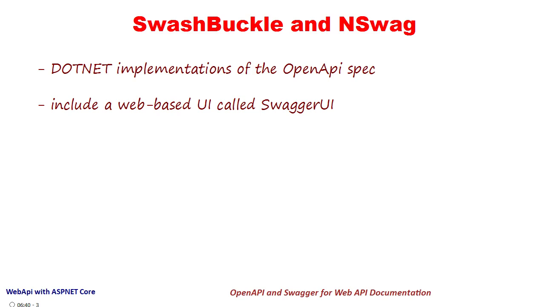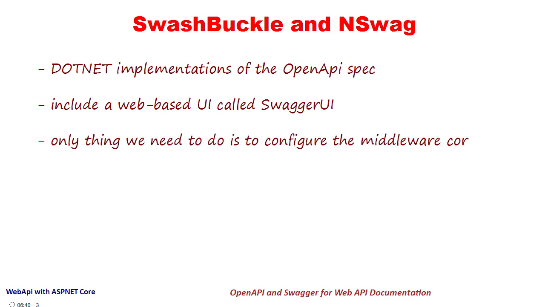As an ASP.NET Core developer, we do not have to worry about the finer details of Swashbuckle and NSwag because everything is handled for us by the ASP.NET Core engine. The only thing we need to do is to configure the middleware correctly. So it ultimately boils down to the configuration file where we have to add a few statements and get our things working. We'll talk about that in the coming tutorials, and for now I'll say you will need the following